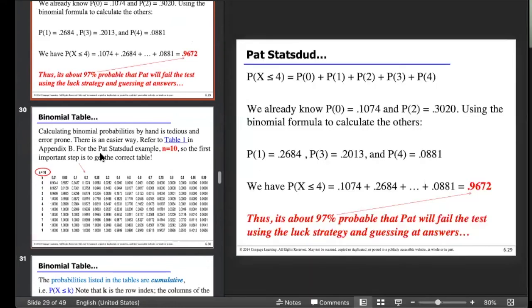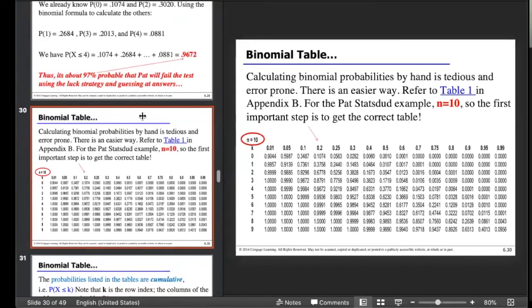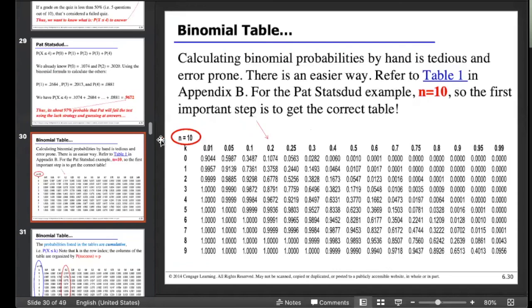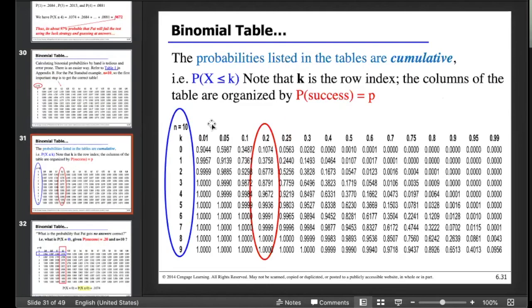So let me repeat it one more time briefly. This is how we use the table. We have to first find the right table with the right number of trials. In our example, we had n equal 10, so we have to find the table with n equal 10. The next step is to find the right column within the table. In our question, the probability of success was 20%, so we have to find the column with 0.2. The next step is to look on the left-hand side to find the correct k,